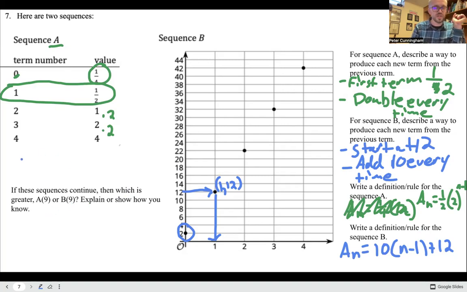All right, so let's check A of 9. So here's sequence A and sequence B. So right here it's asking which is greater, A9 or B9. This is like right on the edge. Do you want to keep doing this all the way up to 9 times? I would say that the rule is probably the better way to go. So let's look at the ninth term here. If we do the ninth term, we're going to need to do 1/2